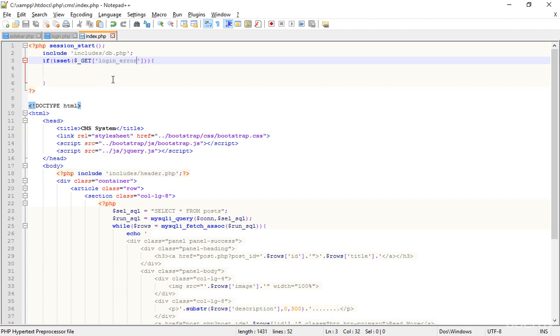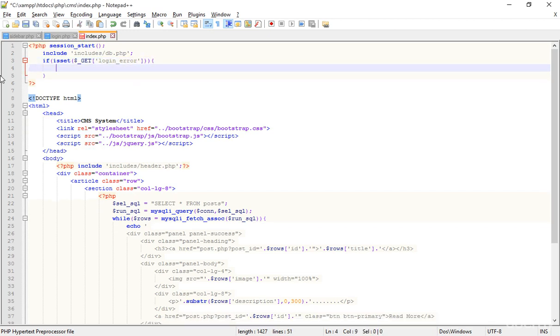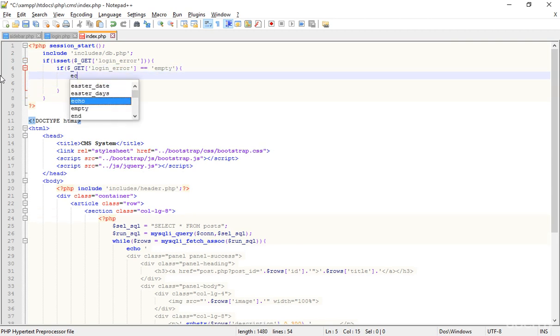I'm going back to the index.php, and here is the login error area. First of all I'm cutting the rough space, and I'm receiving another if here. If the get login error is equal to empty, okay, empty, then create a variable. Here I'm creating the variable